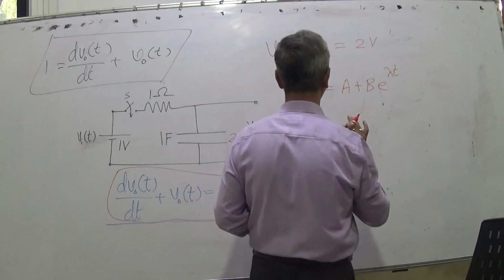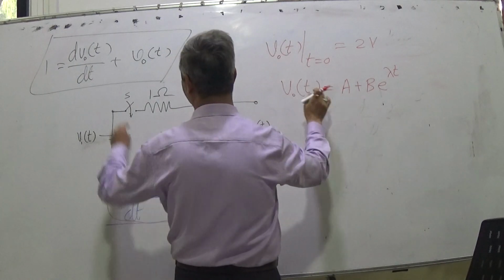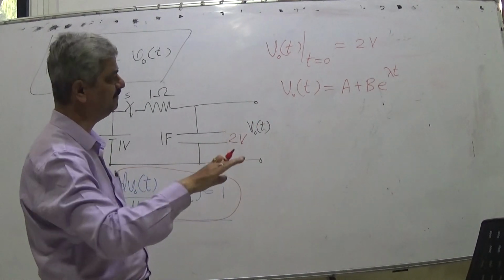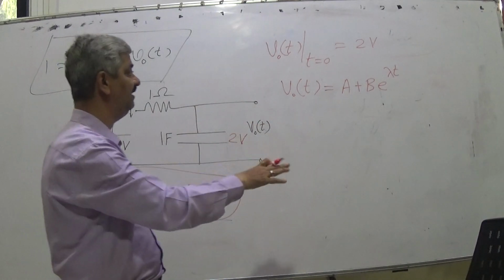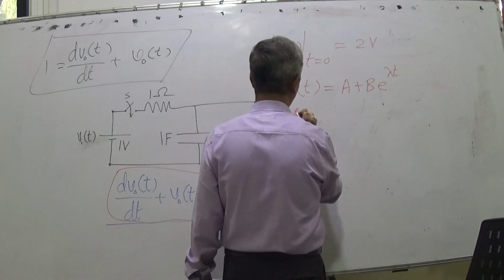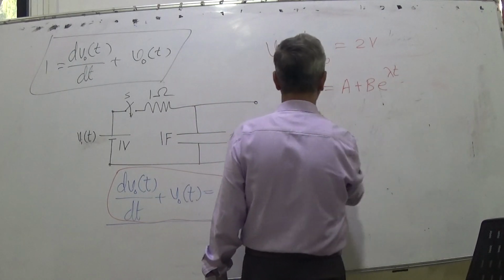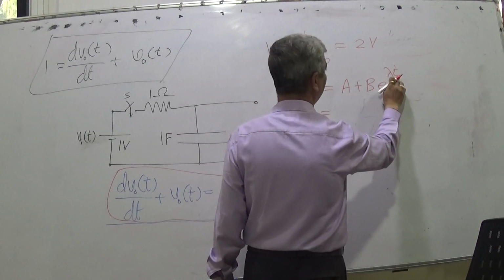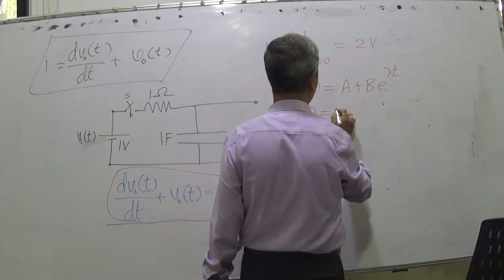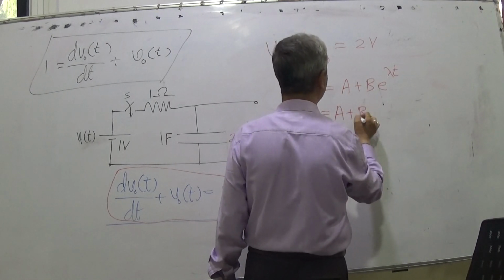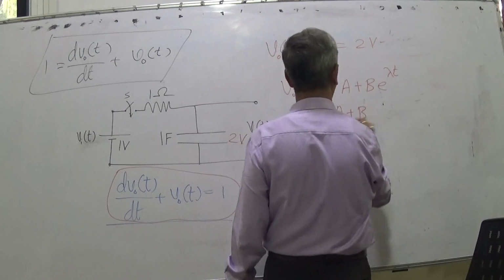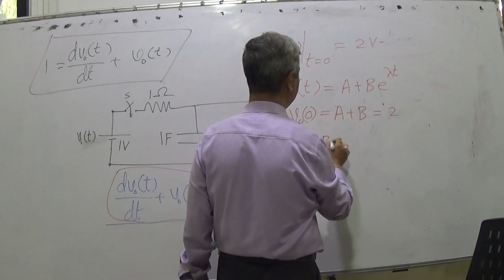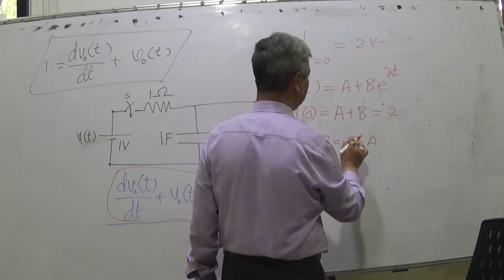So this is to be assumed. Then this is to be put in the differential equation, and we can find a, b and lambda, but we make it further simplified. Given VOT is this, what is VO0? VO0 is at t equal to 0. At t equal to 0, this becomes 1. So VO0 is a plus b, and we are given that it is 2. So a plus b is equal to 2, so b is 2 minus a.